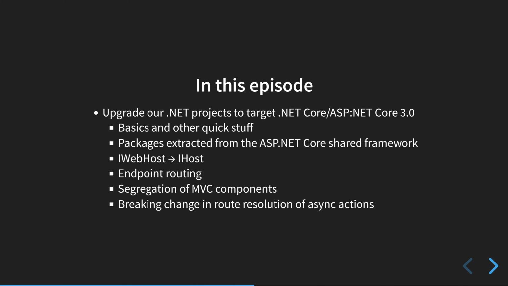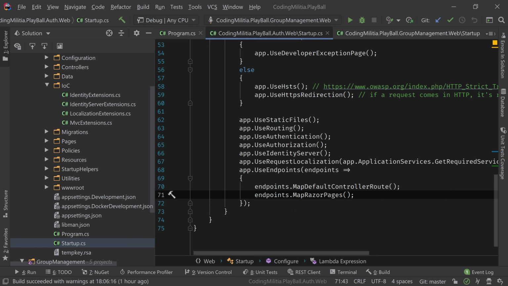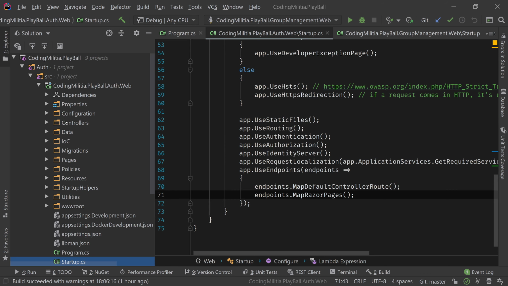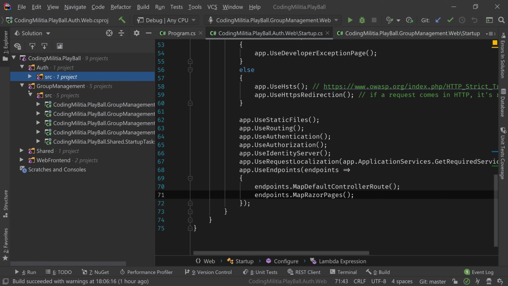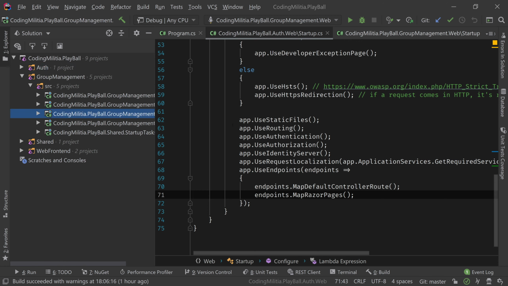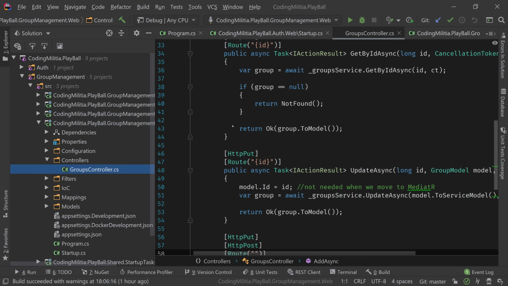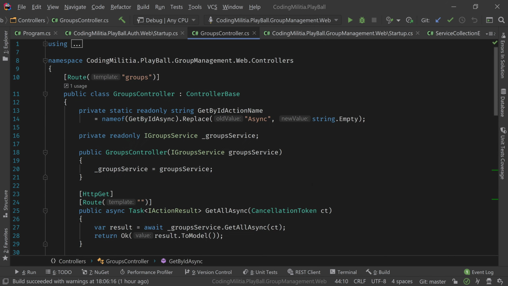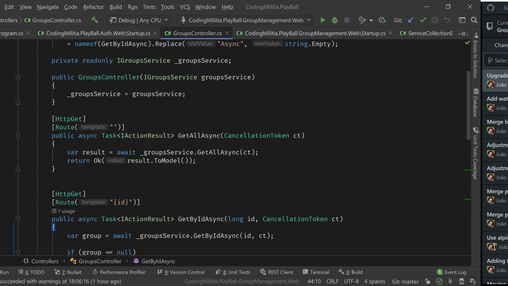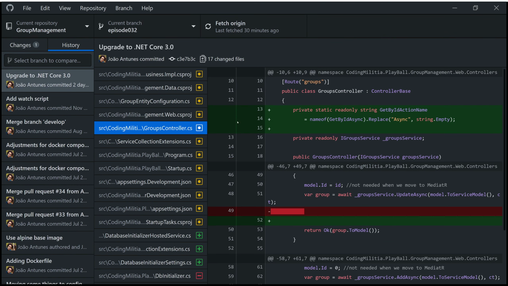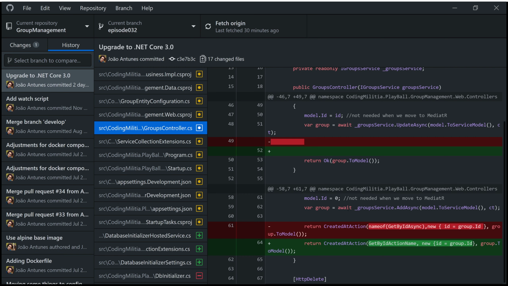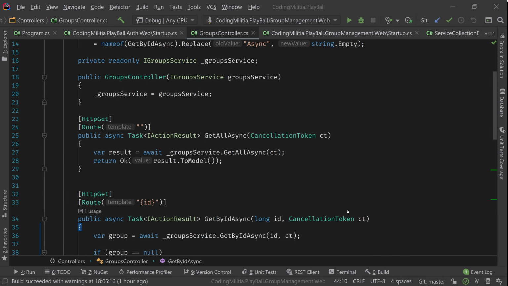So just one quick thing remaining, which is the breaking change in route resolution of async actions, which is a mouthful, but basically, let me check where I put that. I think it's in, yeah, if we go to the group management API, go to the groups controller, and let's start over here, groups controller. Yeah. So on the create group